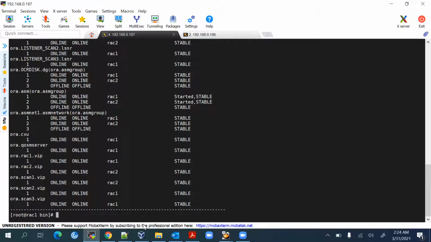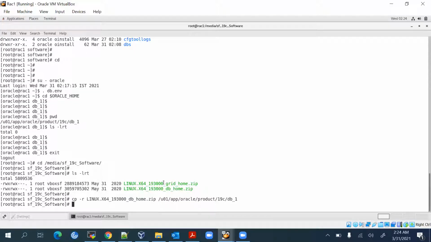So we have logged into the server, and we have copied the DB home software into the binary location where we will be installing it. Basically, it is copied through the root user from the shared location that we have. This is the shared media that we shared with our VirtualBox machines. From there I'm copying this software to my local directory, /u01/app/oracle/product/19c/dbhome_1. I will be changing the permission of this file,